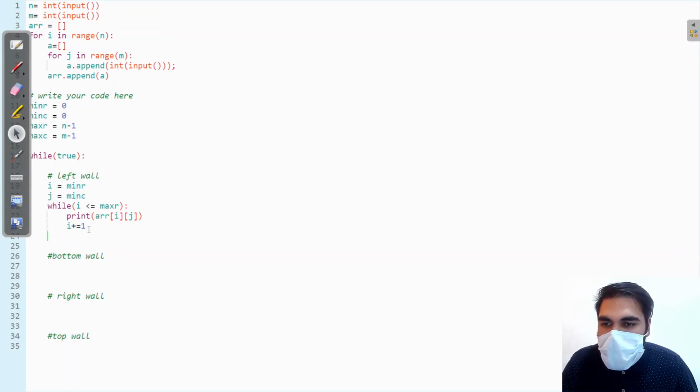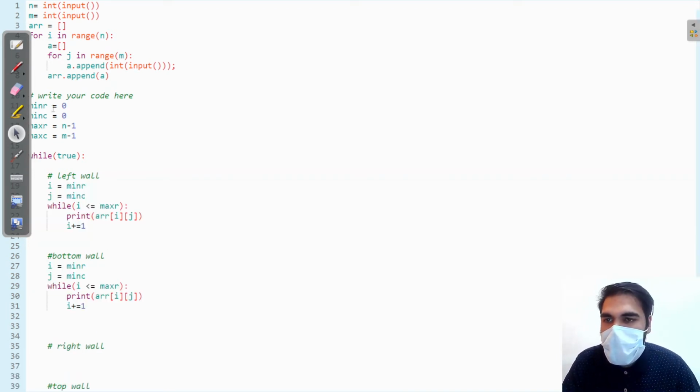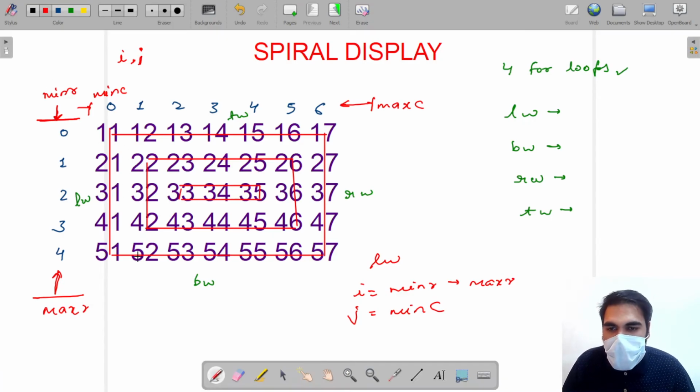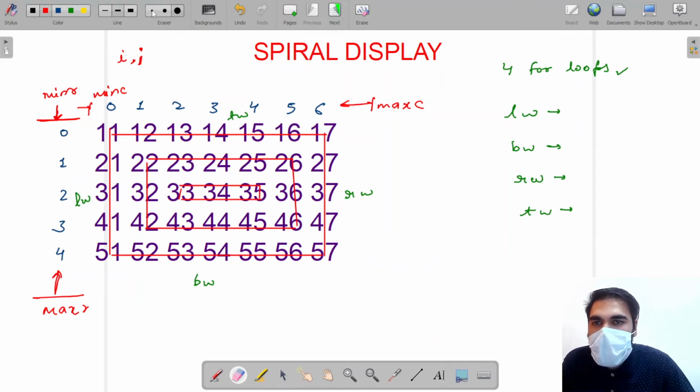And similarly, copy this code and paste it for the bottom wall. In the bottom wall, our i is constant at max row. That is, i is fixed at max row.